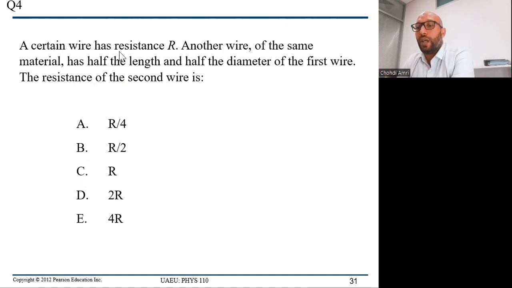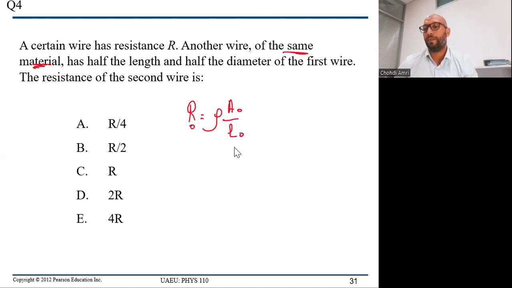Question 4: a certain wire has a resistance R. Another wire has the same material. We are talking about the same material, that means the same resistivity. It has half the length and half the diameter of the first wire. The resistance of the second is what? You know that R equals rho L over A. This is R naught. What happened to the length? It is divided by 2. So R equals rho L naught over 2,